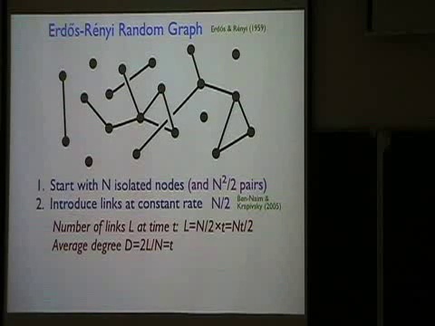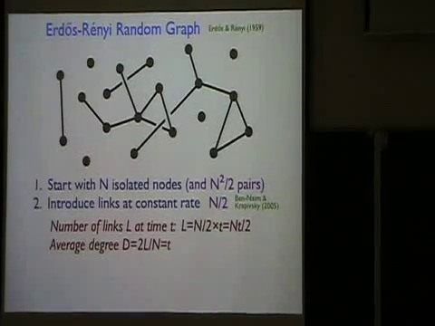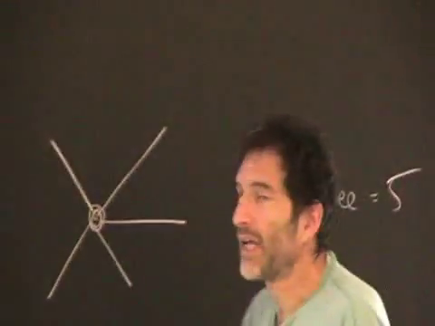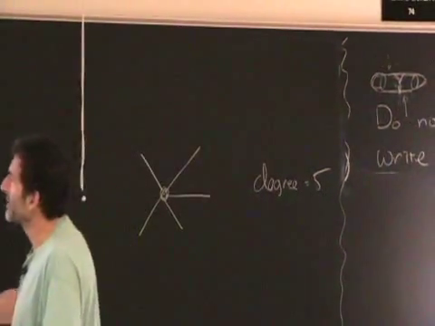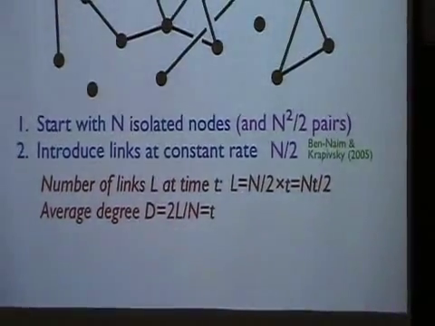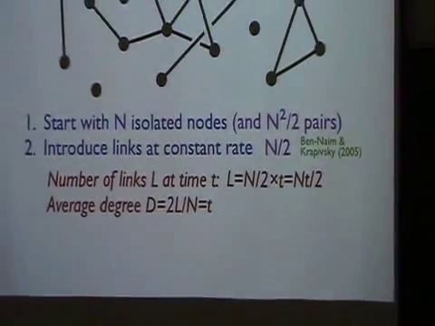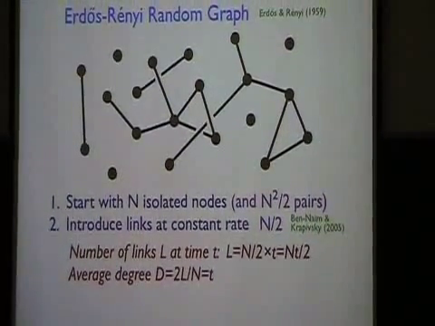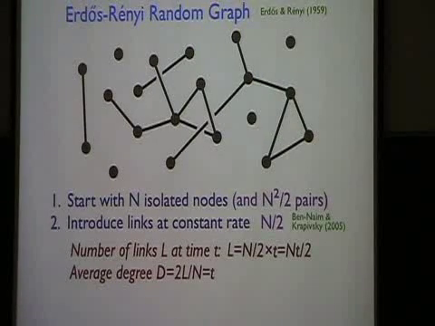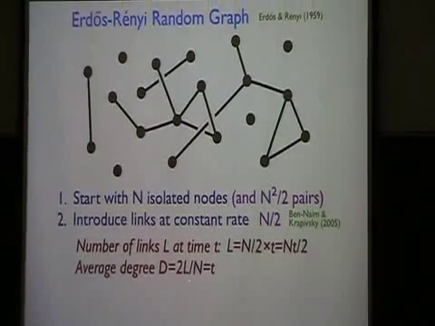Now the average degree of a node, where degree is defined as the number of links attached to a node. So let me just draw a little picture. Here's a node. Here is a bunch of links. So this has degree k. And the point is that the average degree, averaged over all nodes of the network, is precisely twice the number of links divided by n. The factor 2 is just the fact that every bond which contributes to the degree of a node also connects to another node, and so each link is counted twice. So the average degree is 2L over n.